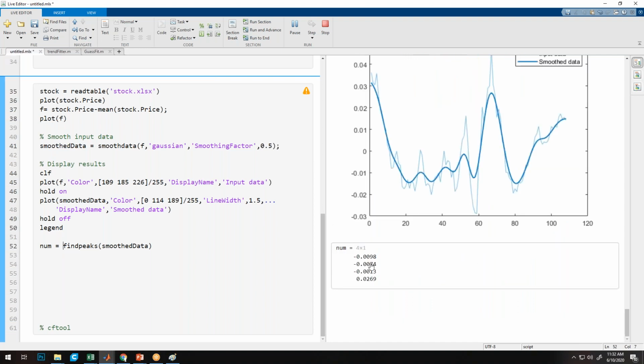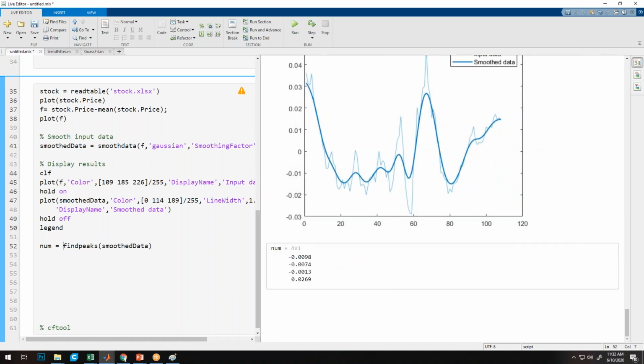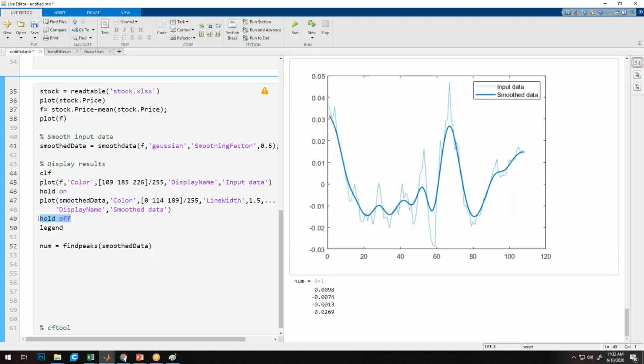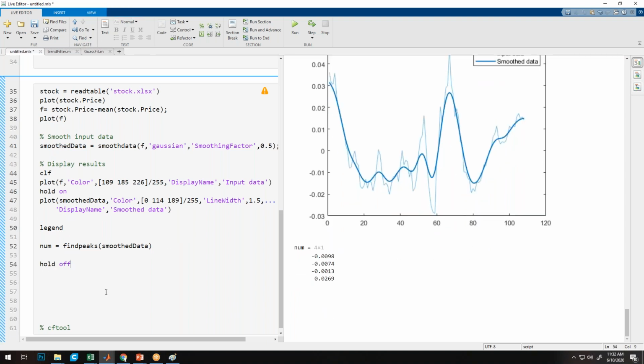Here in the num variable, you will see that we are able to find 4 points where we have the maxima. Now if I want to plot the peaks I found onto the same graph, I'll put hold off from this line and plot it here.